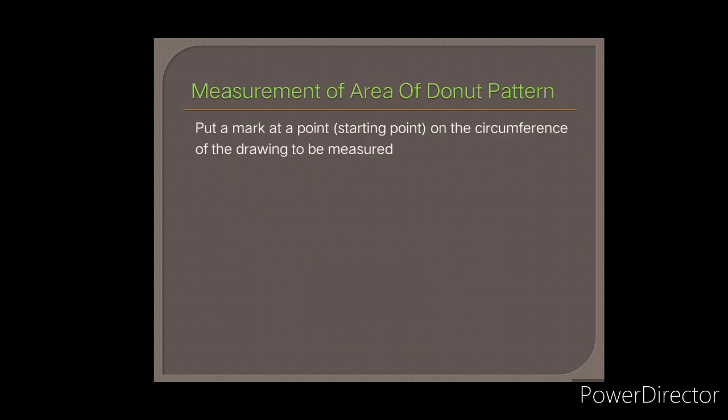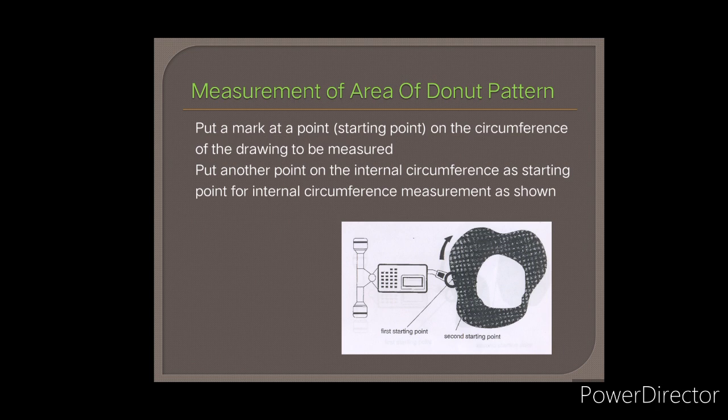And coming to measurement of the area of a donut pattern. What do you mean by donut? You will be seeing it in bakeries, right? So this is a donut, just like we cook our vadas. A hole will be there. I want to know the area of only that black patch. For that, how to do it: here, see, the outer circumference periphery is there, the inner periphery is there. I want only that patch, which means first I have to run as usual throughout the outer area and measure that area.